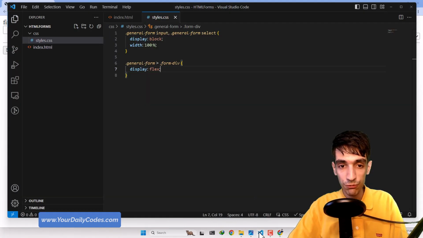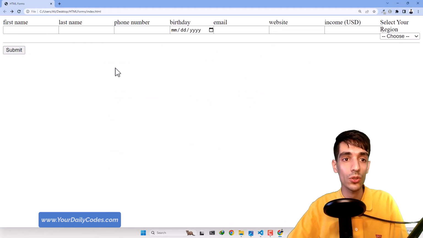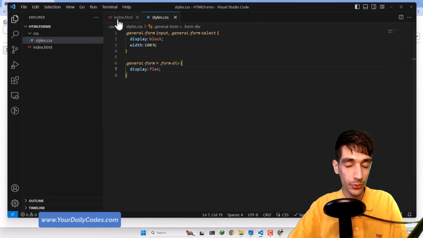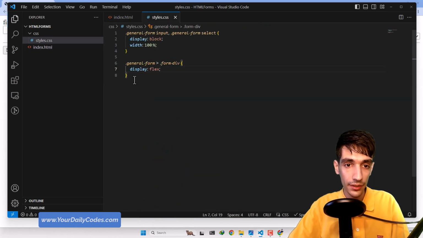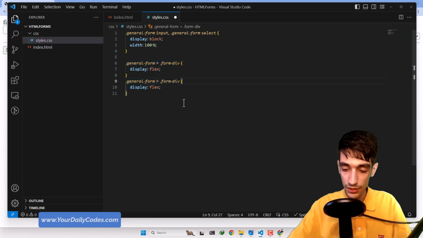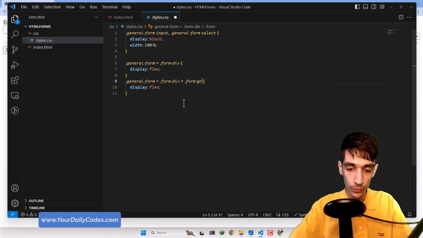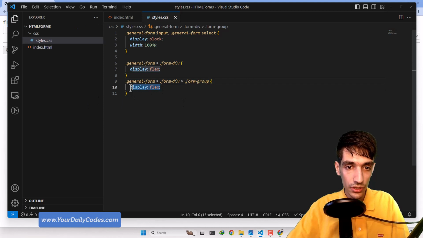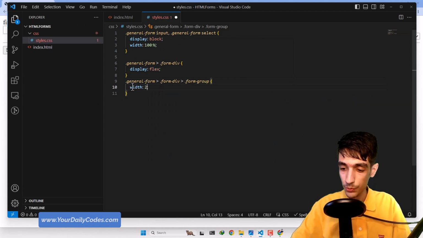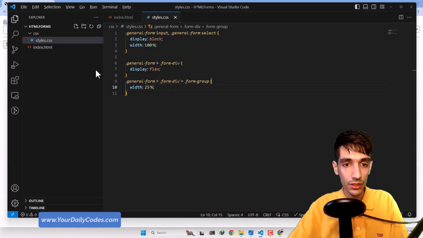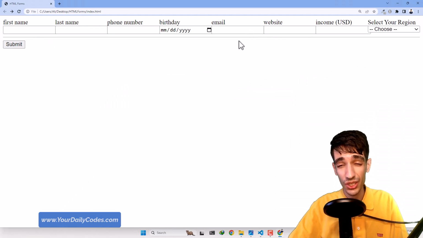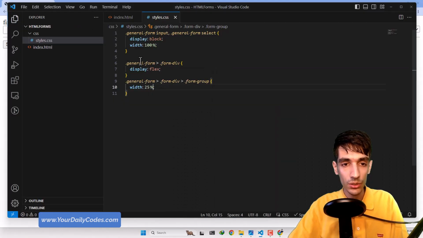But we need to have 4 of them here and 4 of them on the next line. So in order to do that, we can just give a width of 25% to all of these form groups. Okay, so we can go ahead and press Control Shift D and select this form group here, and we can say that the width of each one of them should be 25%. And let's come back here, hit refresh, and the width is on 25%, but there's something about display flex,